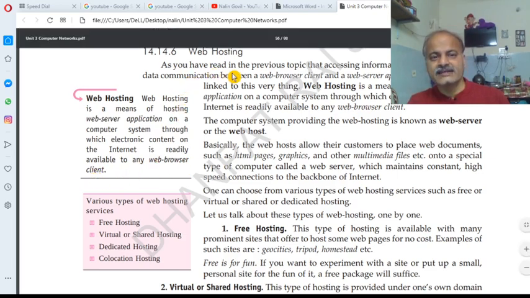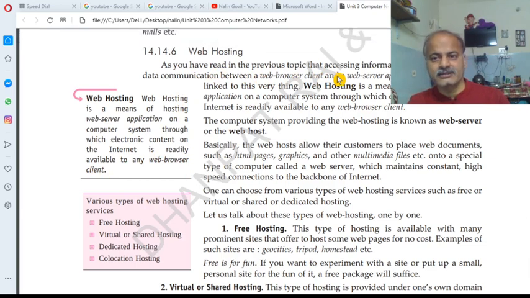As you have read in the previous topic, accessing information on the web requires data communication between the web browser client and the server application. Web hosting is linked to this very thing.